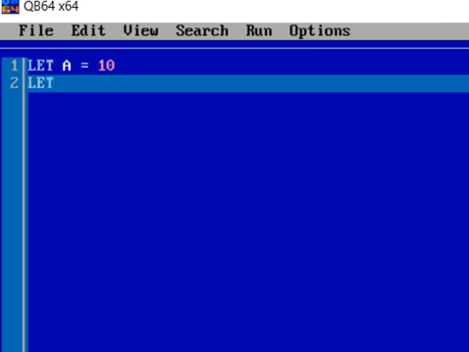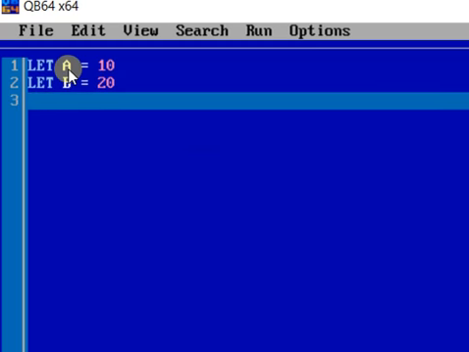Let a equal to 10, let b equal to 20. A is a variable, 10 is a constant, the value 10 is stored in A. Then let b equal to 20, value 20 is stored in B. Now we'll add these two numbers.